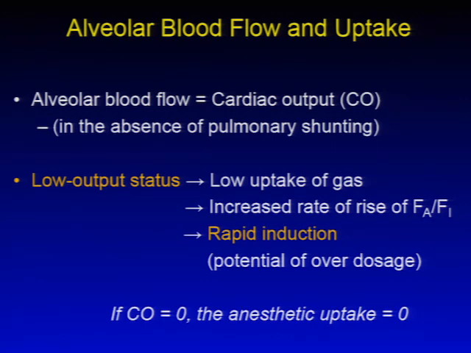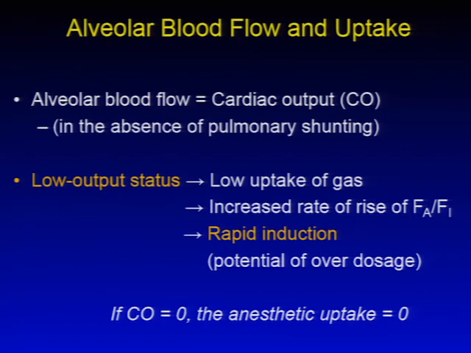Now, alveolar blood flow and uptake. Alveolar blood flow is reflected by the cardiac output in the absence of pulmonary shunting. Therefore, a low output status means low uptake of the gas from the alveolar space to the blood space. So in a low cardiac output status, there is low uptake of the gas, and then an increased rate